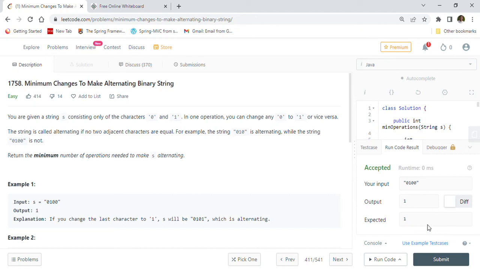Hi friends, welcome back. Today we are going to solve another important coding question on Leetcode 1758, minimum changes to make alternating binary string. This question was previously asked by Facebook, Google, Amazon and many other companies. So this is quite an important coding question. Make sure you watch this video until the end so you will understand the complete logic and the Java solution